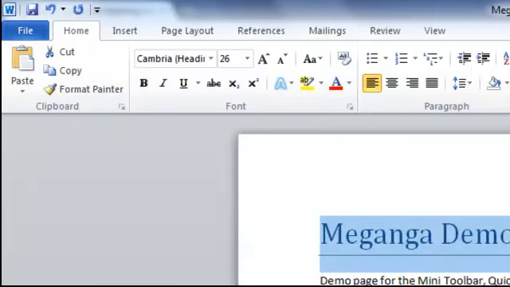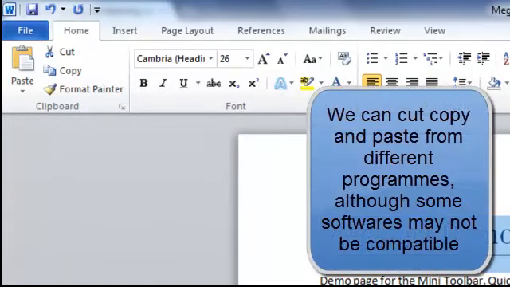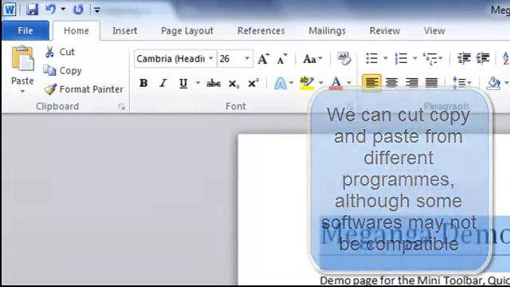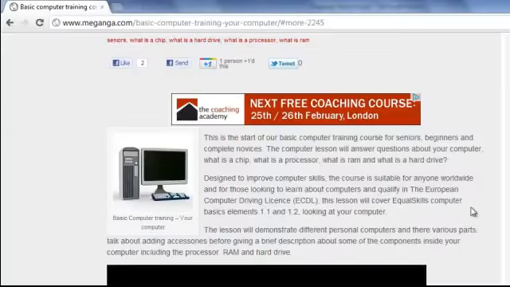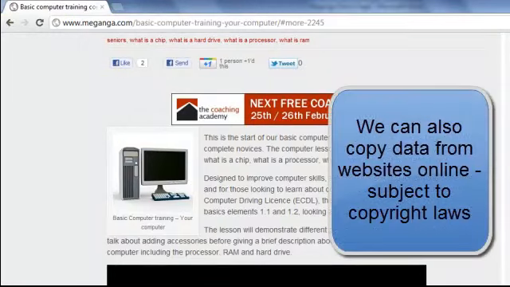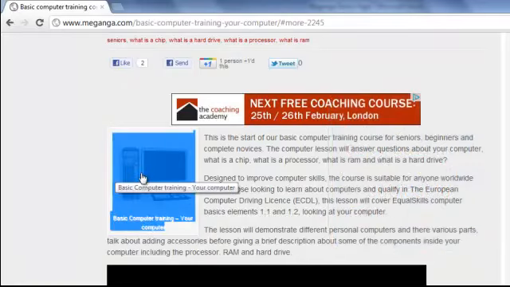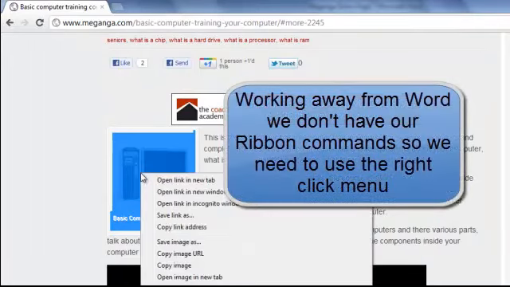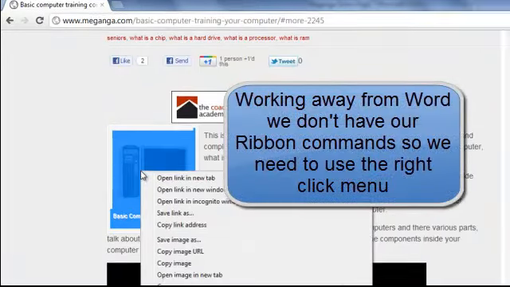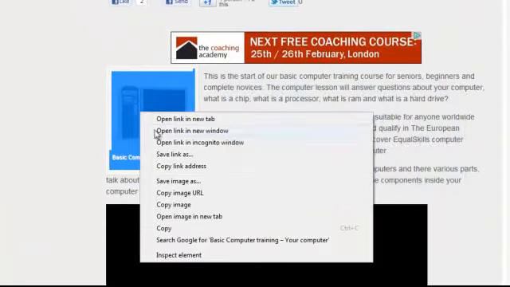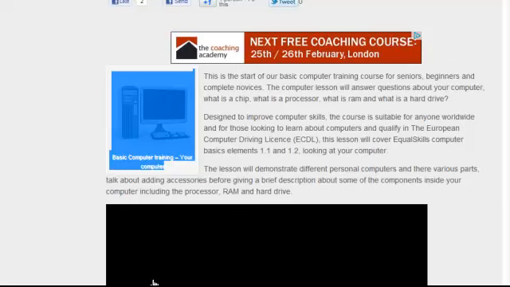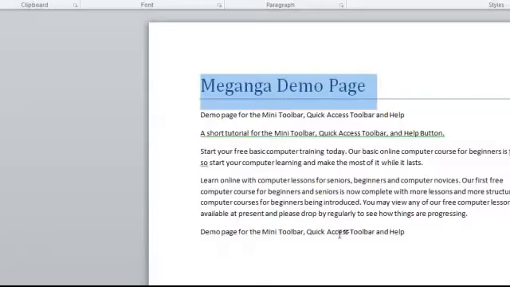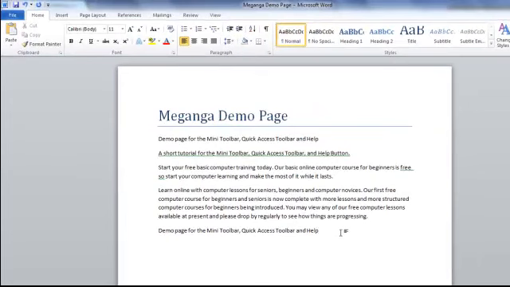Now we don't have to just work with Word. We can cut, copy and paste from different software, or we can go online and we can copy things from websites, of course subject to copyright rules. We can't cut them because we don't have permissions, but we can take, for example, the picture from one of our lessons. So if I left click on there, we don't have the ribbon obviously when we're working on another piece of software, and I copy that, I can come back to my Word document and I can paste that